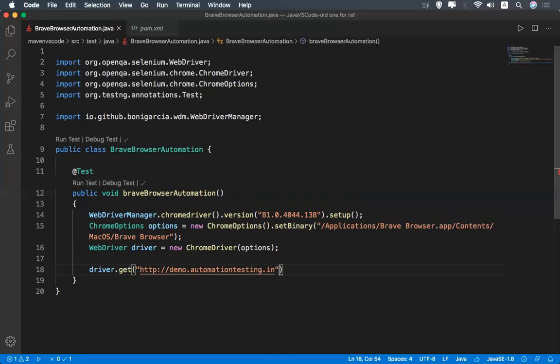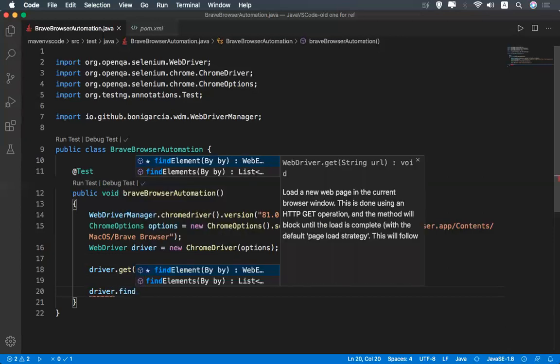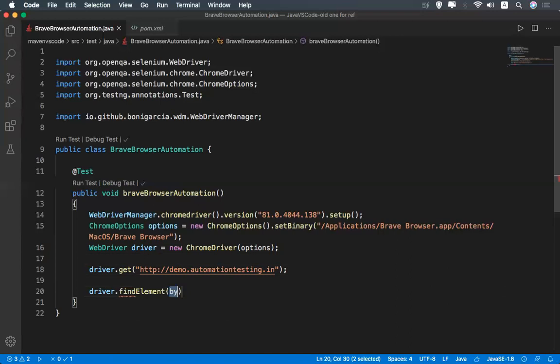This is the URL. Once I go there, I need to find the elements, right? driver dot, you'll get findElement. By dot, I'll take ID.